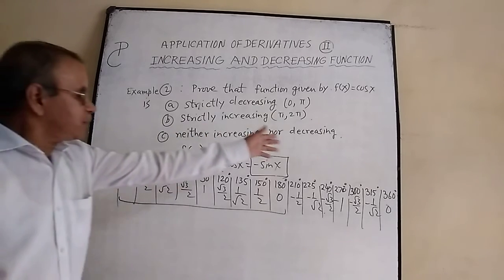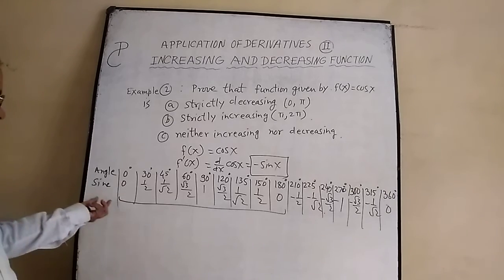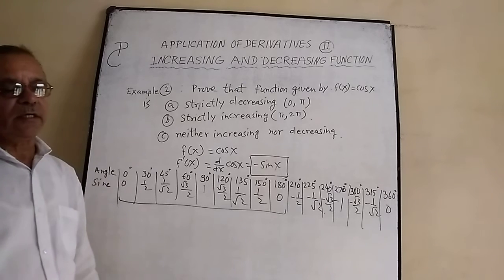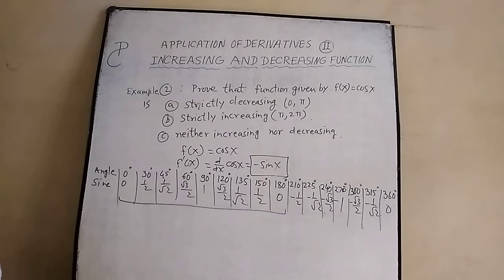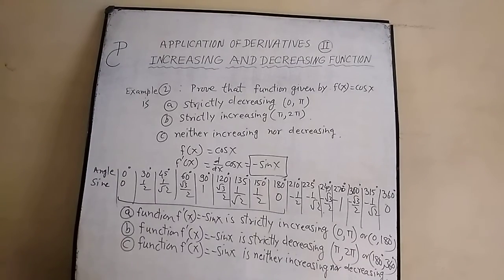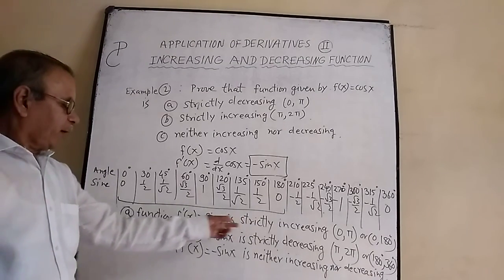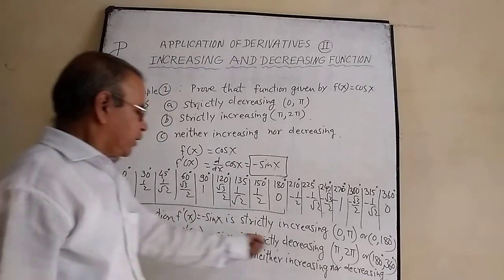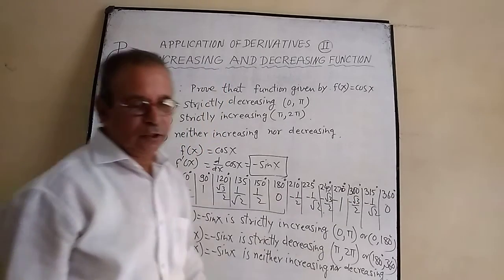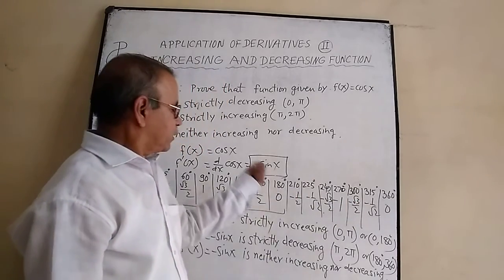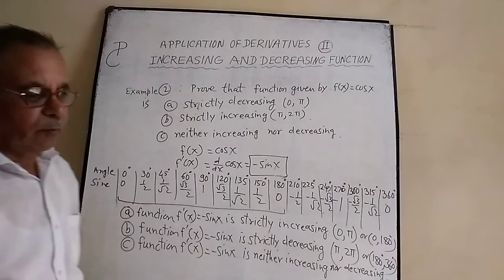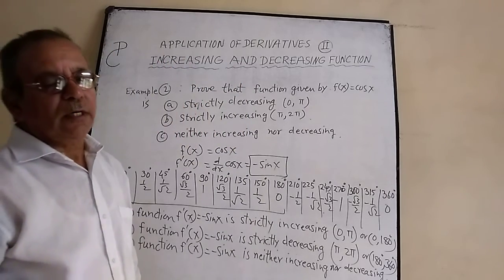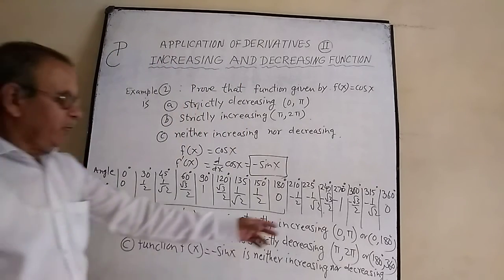And the third case, neither increasing nor decreasing: over the whole range from 0 to 360 degrees, the function is neither increasing nor decreasing. Here the function f dash x, minus sin x, is strictly decreasing from 0 to 180 degrees because of the minus sign, and strictly increasing from 180 to 360 degrees because all the values of sine are negative and f dash x also has a minus, so it becomes positive. And from 0 to 360 degrees it is neither increasing nor decreasing, so we can say that from 0 to 2 pi it is neither increasing